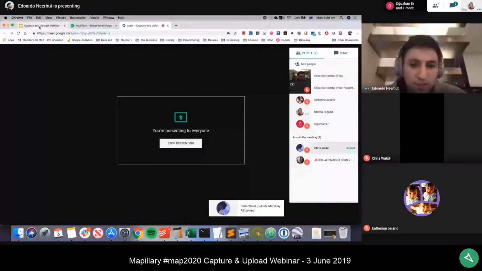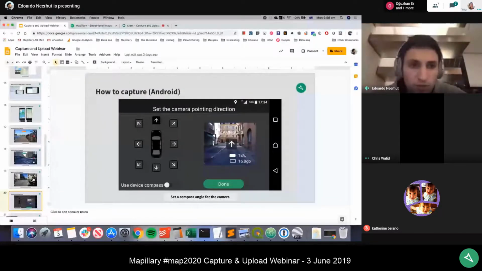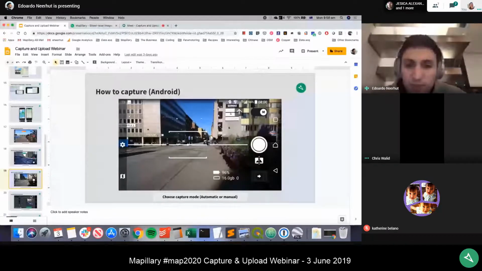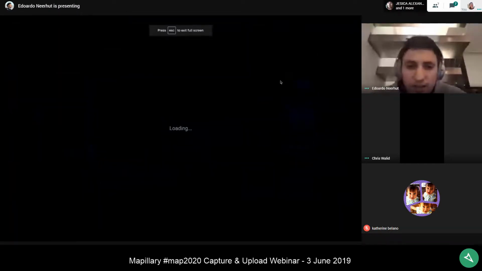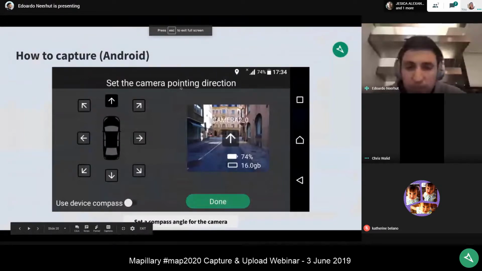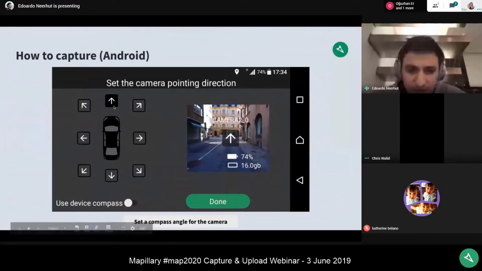So once you've tested out Capture, I think this is something you can all do this afternoon, is just to head out in your street with the Capture app and take, say, 100 images or 10 images and get a sense of how the app works. If you're mounting the camera to a car, then I would recommend setting the compass pointing direction. And this just tells Mapillary where the camera is facing, so that when the imagery is uploaded to our platform, the compass angle is correct, and that helps us place the images relative to other images that we might have, and to identify map data more accurately.